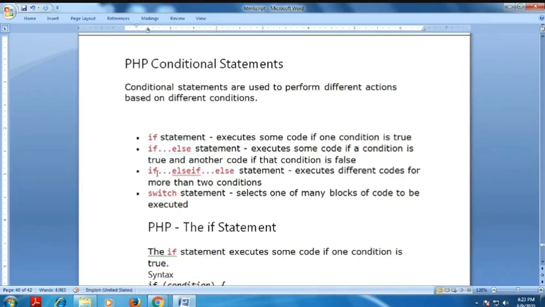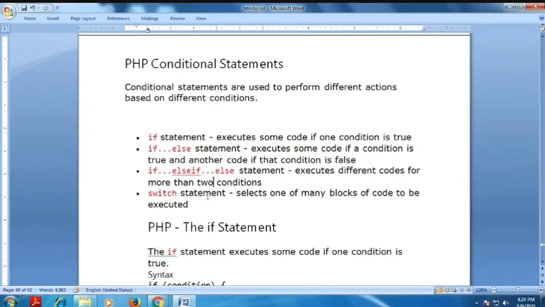Next, one more statement is the if else if statement. What is the meaning of this? You have to use different code for more than one condition. If you check more than one condition, with more than one else if, and finally an else, you use the if, else if and else statement to implement the program. Next is the switch statement. It is a different track, so we will see it later. Now we see only the if statement, if else statement, and if else if statement.